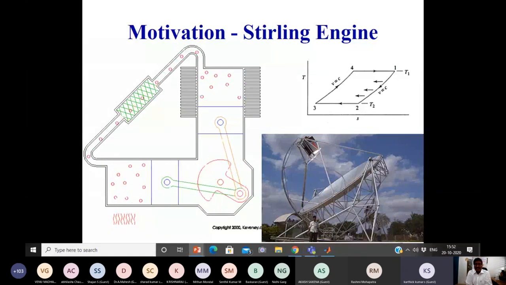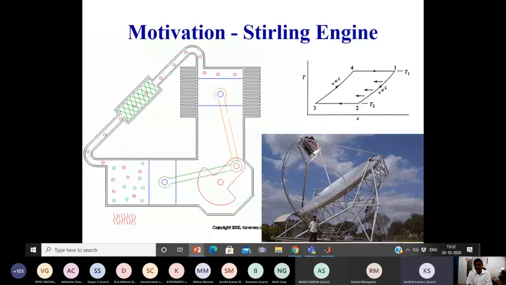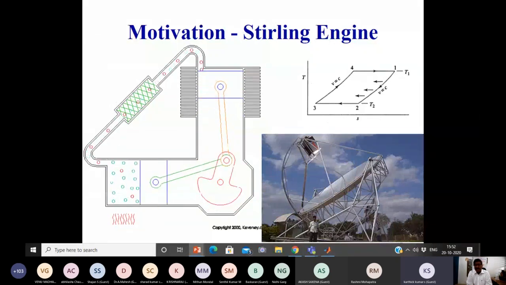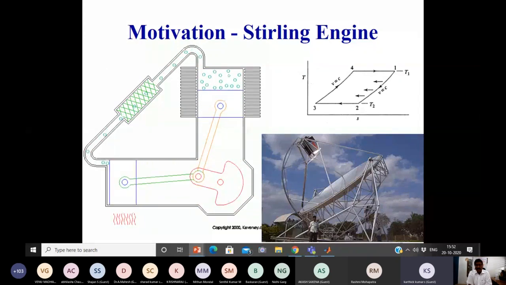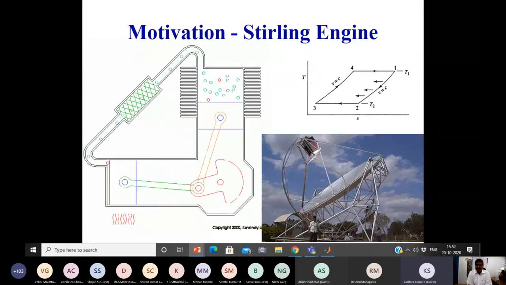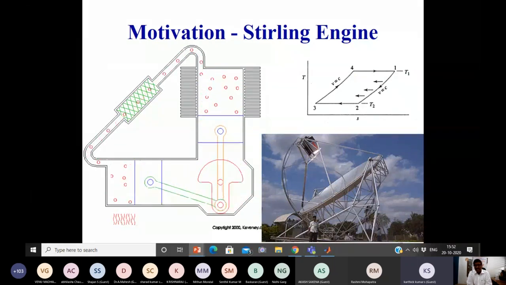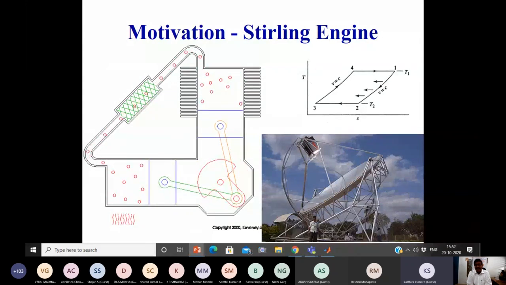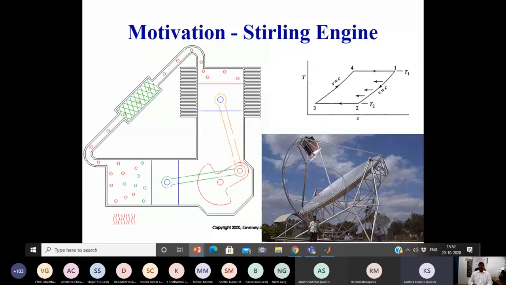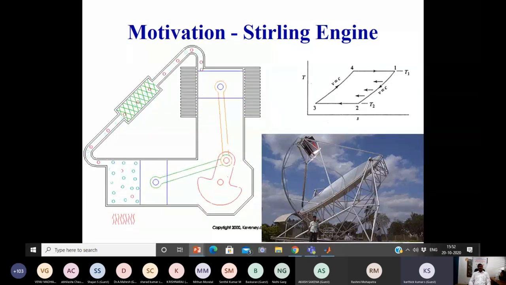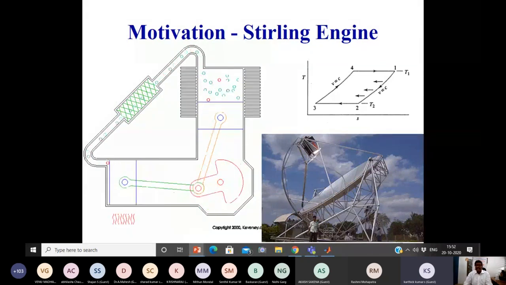Then what is the efficiency of the Stirling engine? 0, because the generation is equal to the supply for the tracking. And after that, it is moving towards negative energy. The meaning of negative energy is that whatever energy we supply to track the collector, that is azimuth angle tracking and zenith angle tracking, is more than the power output from the Stirling engine. So these are the issues, I can say the challenges, in running the solar thermal systems using these active